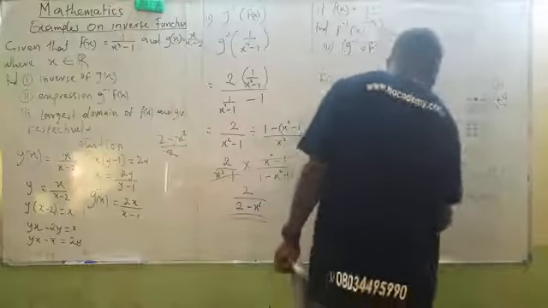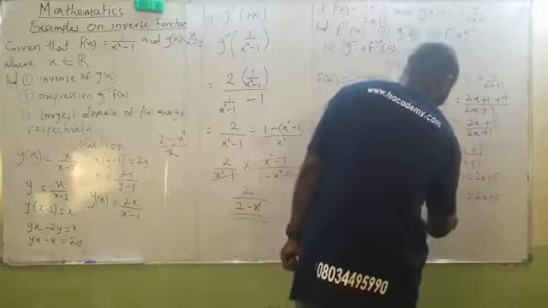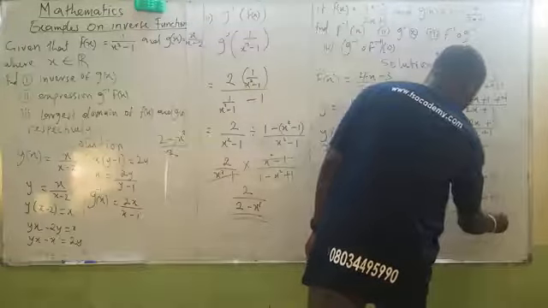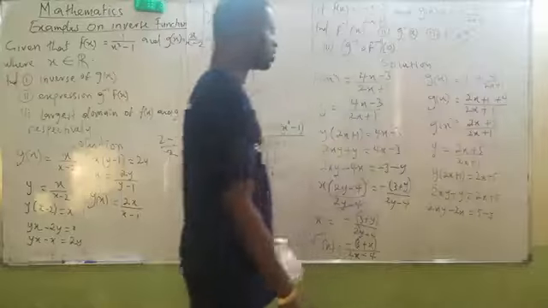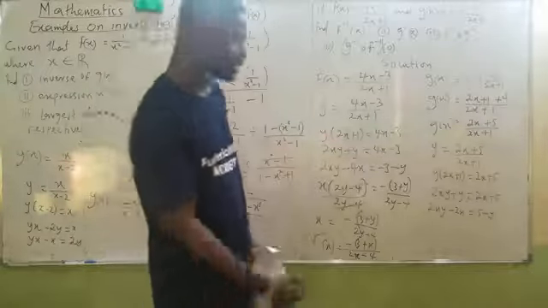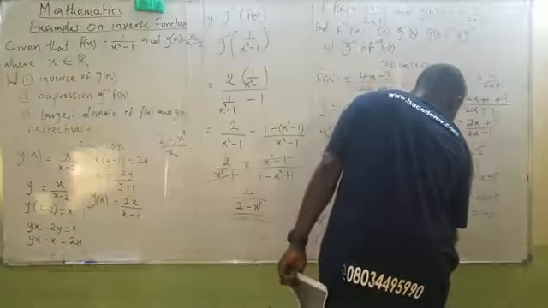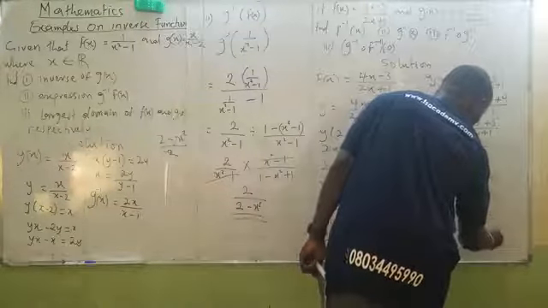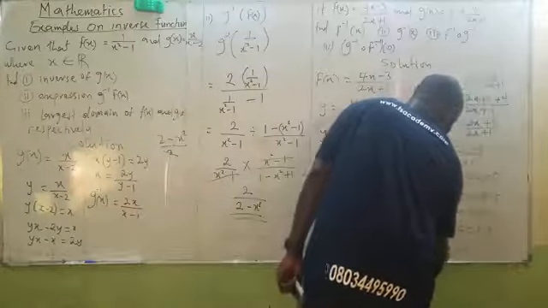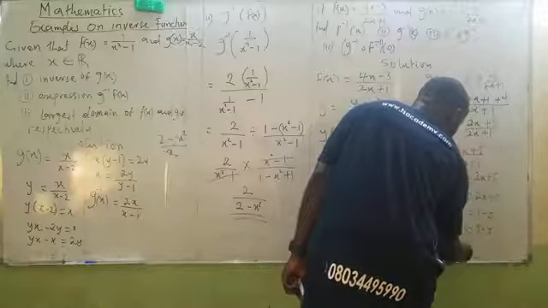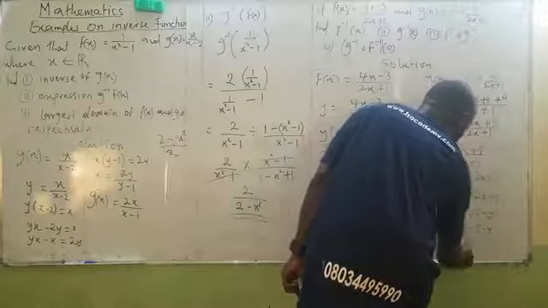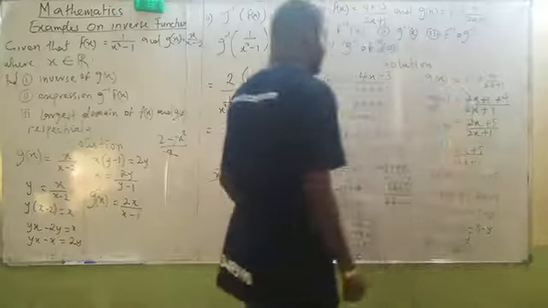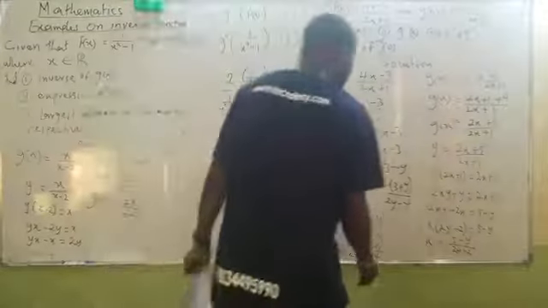At this point, I can write 2xy minus 2x equals 5 minus y. That is just collecting like terms. And I can write x bracket of 2y minus 2 equals 5 minus y. Now, it means my x equals 5 minus y divided by 2y minus 2, after dividing both sides. Now, which is also the same thing as my